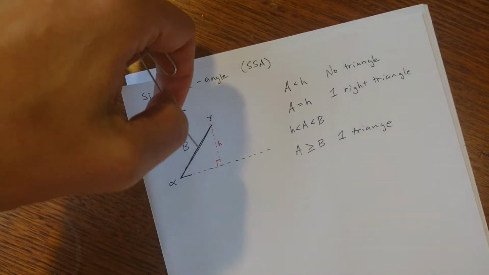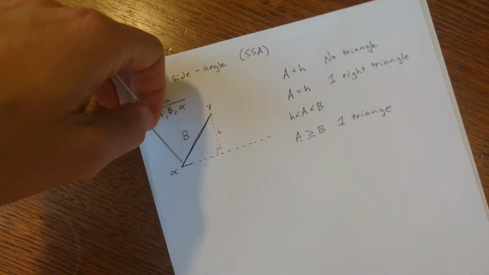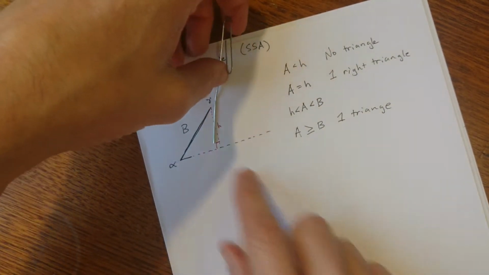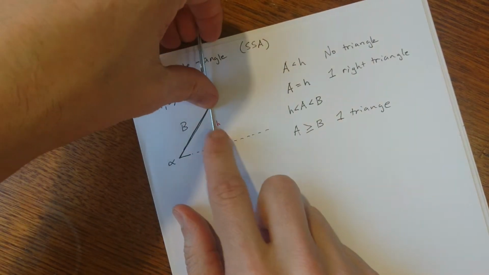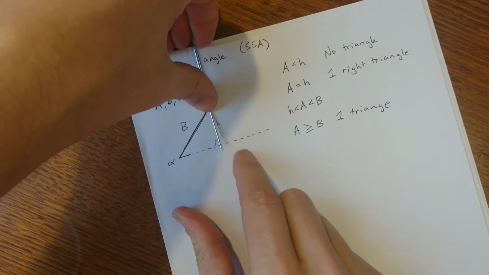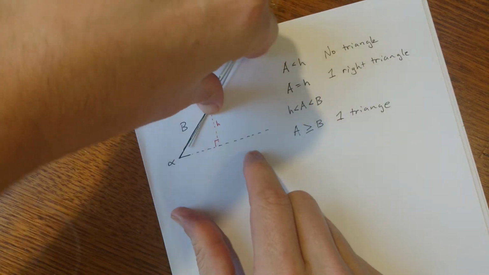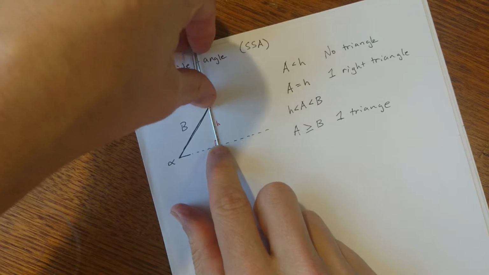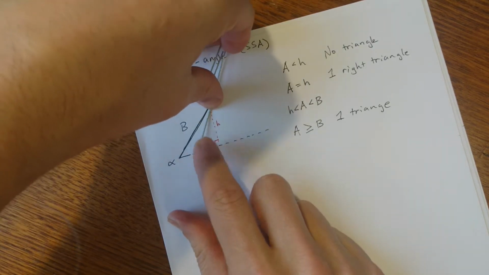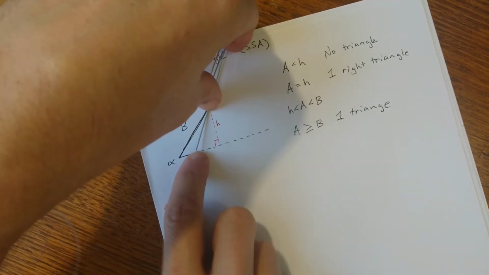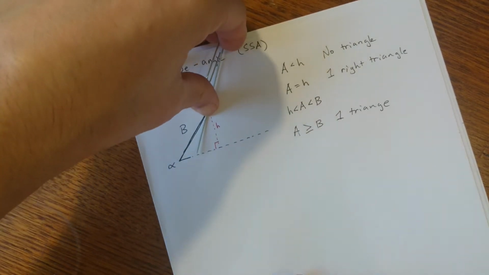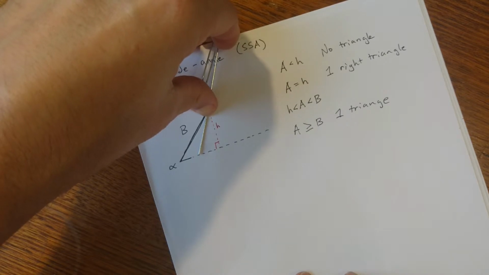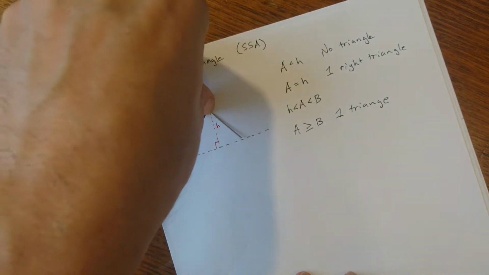So we're going to examine it geometrically and then see what happens when we're actually solving this triangle. So now I'm finding a length that is longer than the height, but shorter than B, right? So this looks like I've about gotten it, okay? Now notice what happens here. I can arrange that like this. I know it's a little hard to see. That's longer than the height and shorter than B, but I can also swing this out somewhere over here,